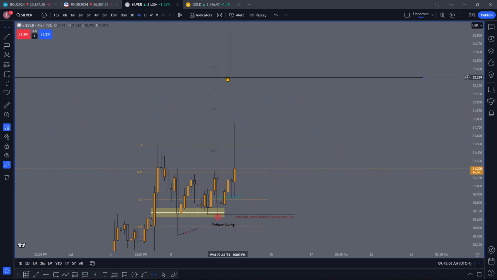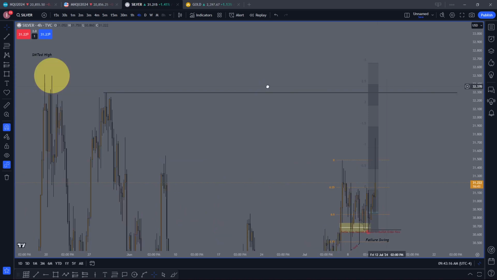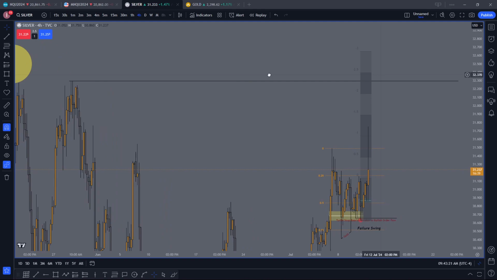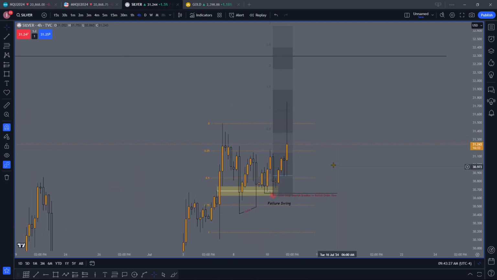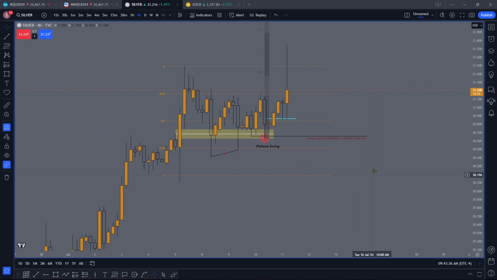So I'm hoping we can meet the minus 2.5 mark. Let me just drag it out for a second. Yeah, so minus 2.5 is right there. So possibly here, and that does not line up with any liquidity, but it's valid because we're above these two equal highs here. Okay, so that's it